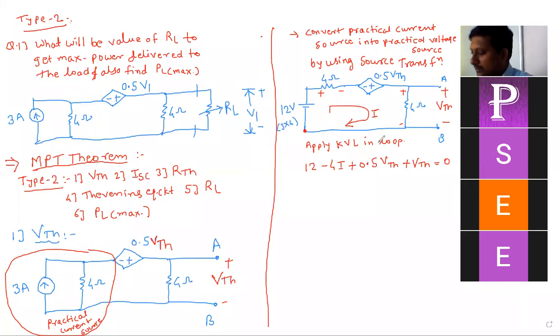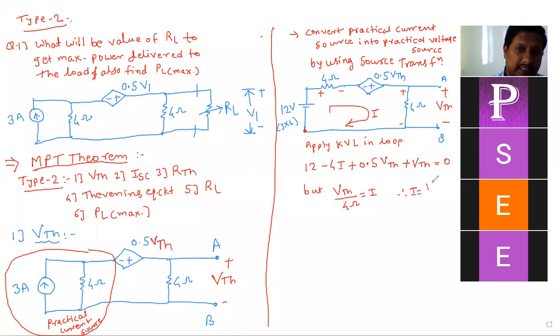पण I म्हणजे काय? We have to replace now the I value. किंवा VTH रिप्लेस करा, काही करू शकता. I चं व्हॅल्यू तुम्ही कॅल्क्युलेट कसं करणार बघा. ह्याच्या अक्रॉसचं व्होल्टेज काय आहे? VTH. सो VTH डिवाइडेड बाय 4 केले की I चं आन्सर मिळेल. VTH divided by 4 ohm, if you are calculating, that will give I. कारण ह्याच्यातलं करंट I असणार आहे ना. So I will be VTH by 4. So you can put here 12 minus 4 into VTH divided by 4. कुठं कुठं I तर तुम्ही ते रिप्लेस करू शकता by VTH by 4.